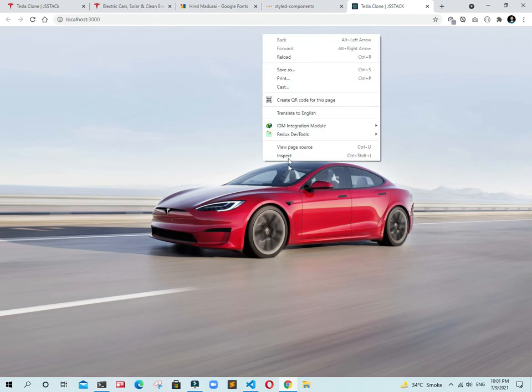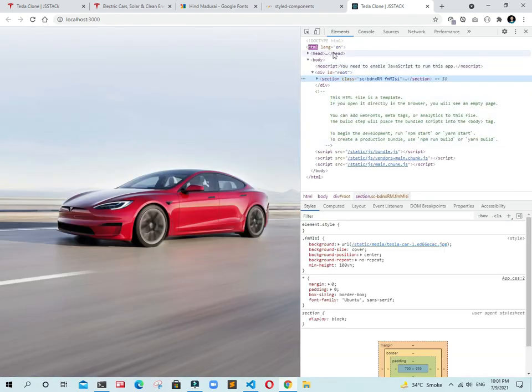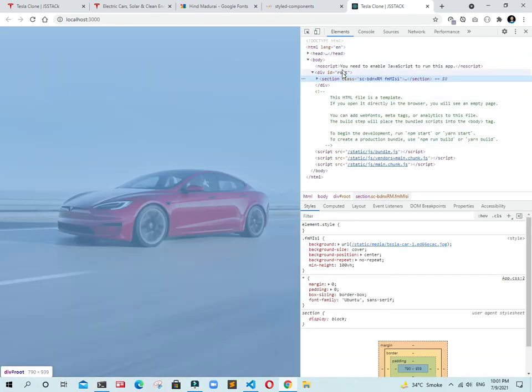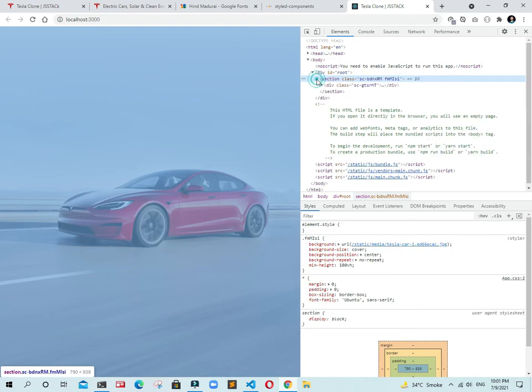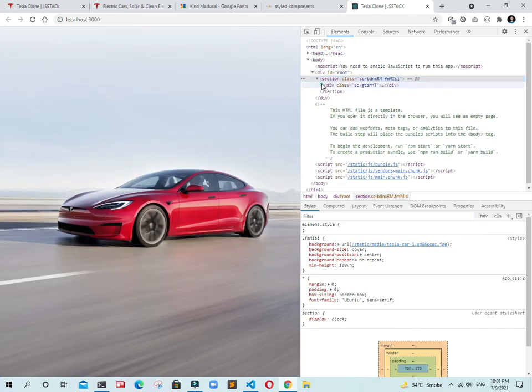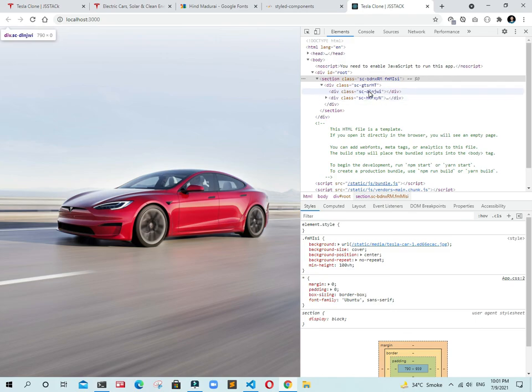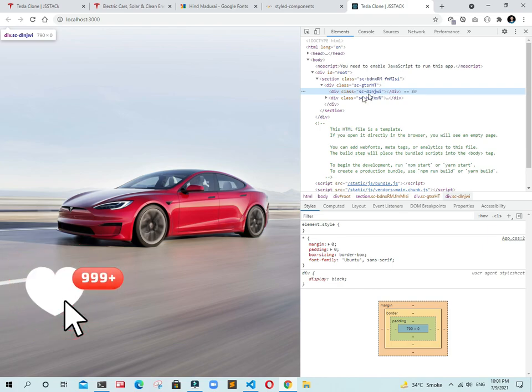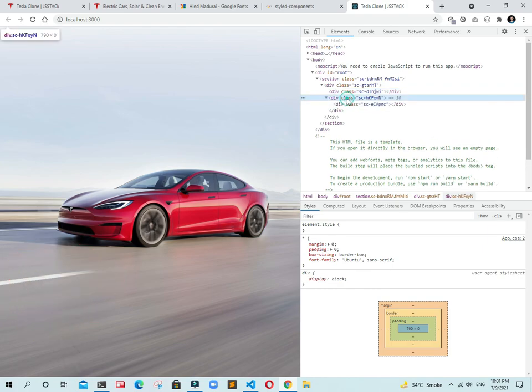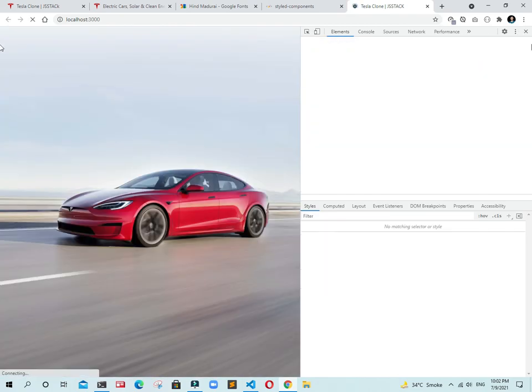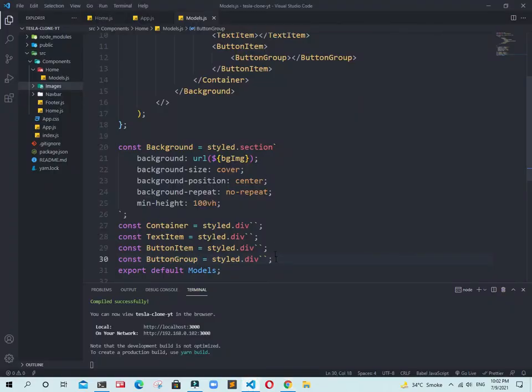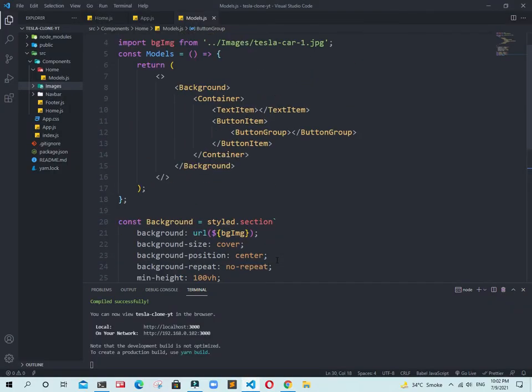I want to display one more difference there. Now guys, I am inspecting there. We have first our section, we have our container div. Inside this container, you need to focus on the right side, we have our bun item div, and our bun group div. Wow guys, awesome, you see we are working on components. Components are the actual working of JavaScript.